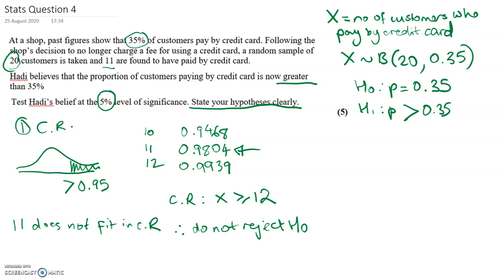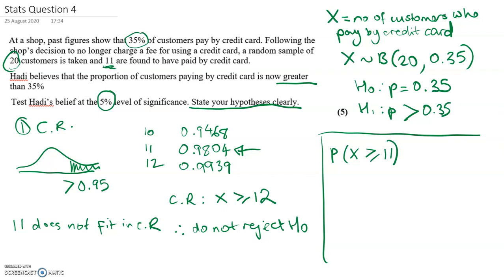The other way that you can answer this question is by just working out the probability that X is greater than or equal to the value here that they found in their test. Okay, so like I showed you in the previous question, your calculator doesn't tell you greater than or equal to probabilities. It tells you less than or equal to probabilities. So you would have to rewrite this before you can use the calculator to work it out. Go to the binomial CD function, and you get an answer of